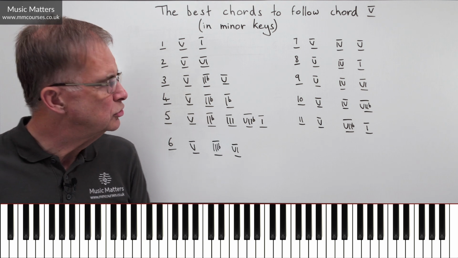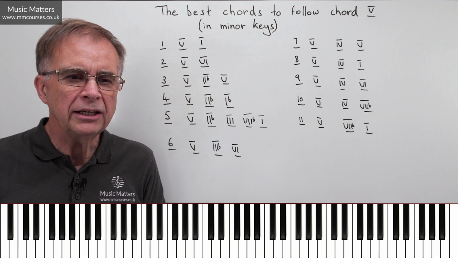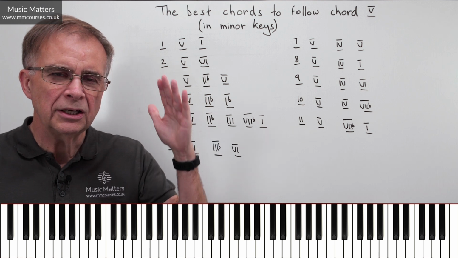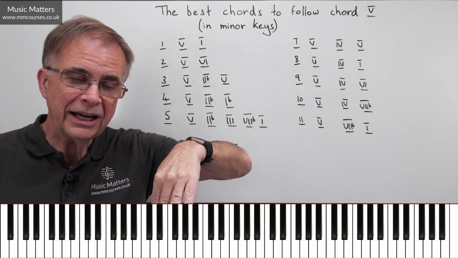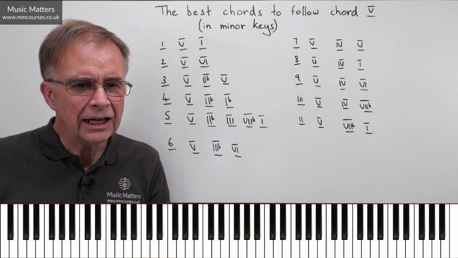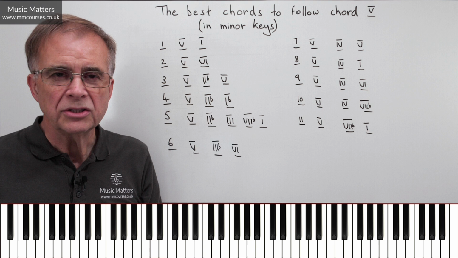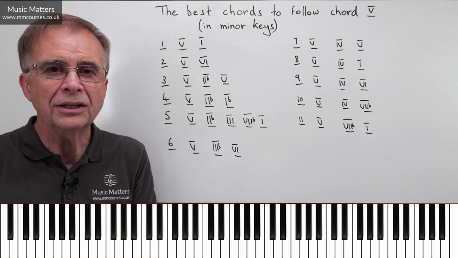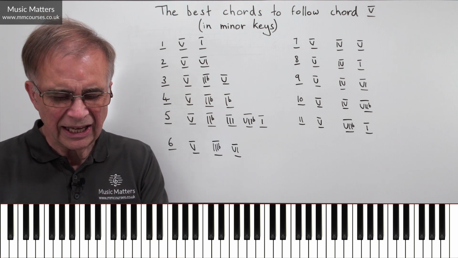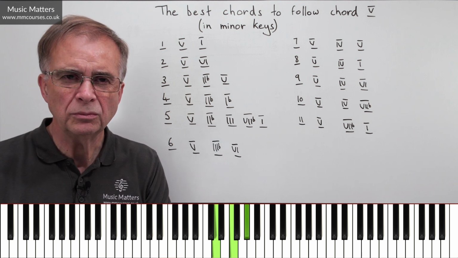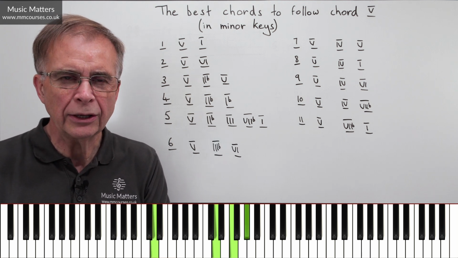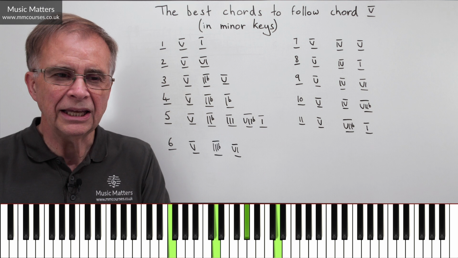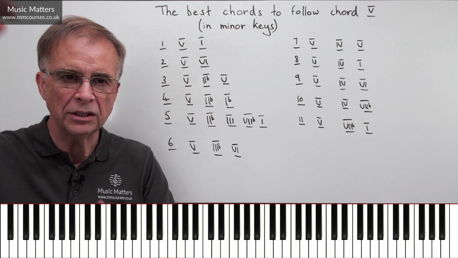Okay, let's look at option 3, and this is going from 5 to 2B, but then back to 5 again. So that's an interesting thing to consider, starting on 5, going somewhere else, coming back to 5 before we go on again. And I'm suggesting here 2B, so 2 in first inversion, simply because 2 in a minor key in the harmonic minor scale is a diminished chord, so it can sound a little bit ugly in root position with the kind of exposed tritone at the outer points. Put it in first inversion, just tends to mellow the chord a little bit. It hides that tritone, so it's not at the bottom and the top.